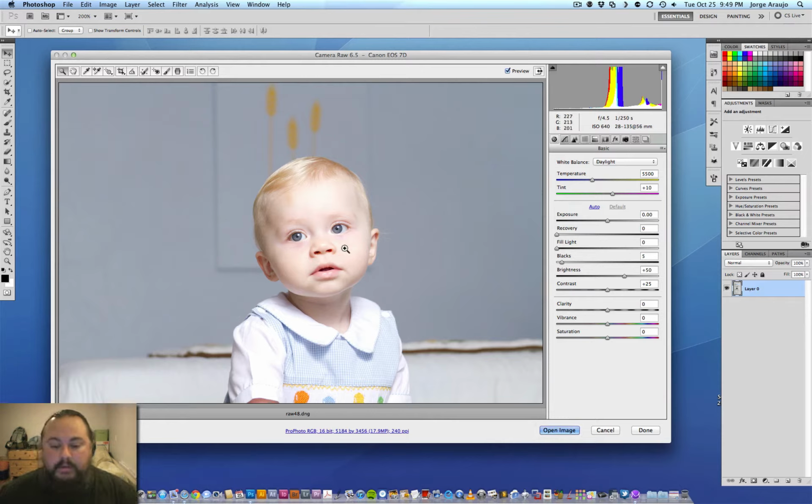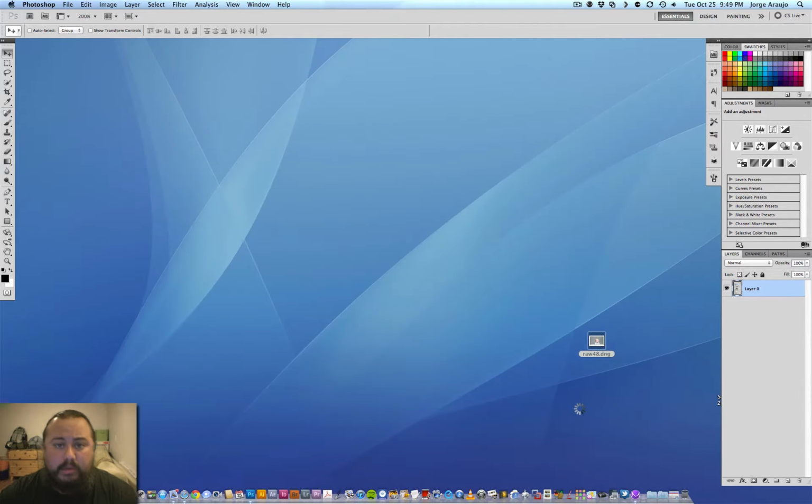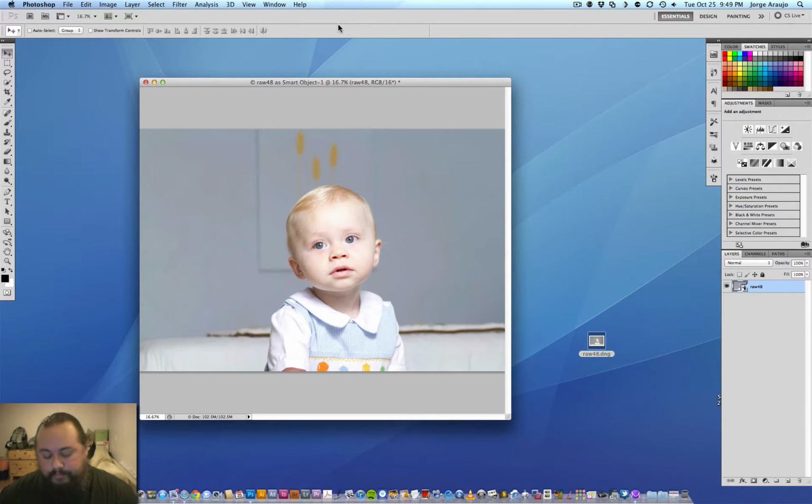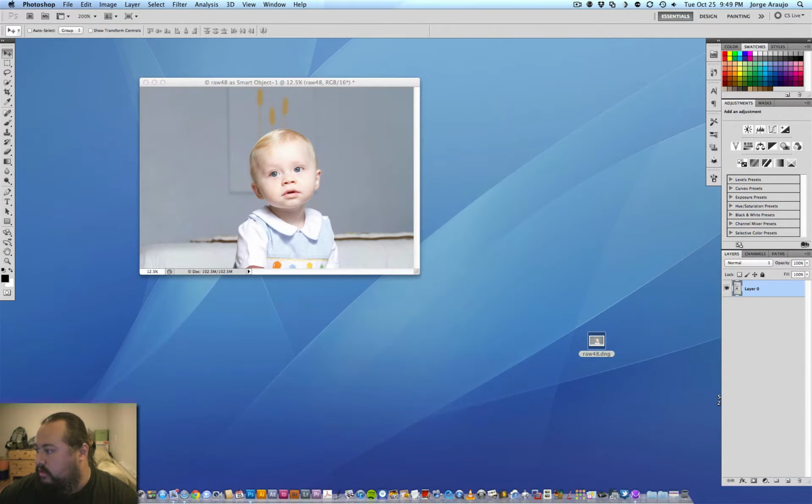Man, I got something on my nose, but okay, let me bring that in. I'm going to bring it in holding down Shift so that it brings it in as a smart object. I can always go back to my Camera Raw. Oh, it opened it up over here. Let's see. Sorry, it's my second monitor. Okay, so let's